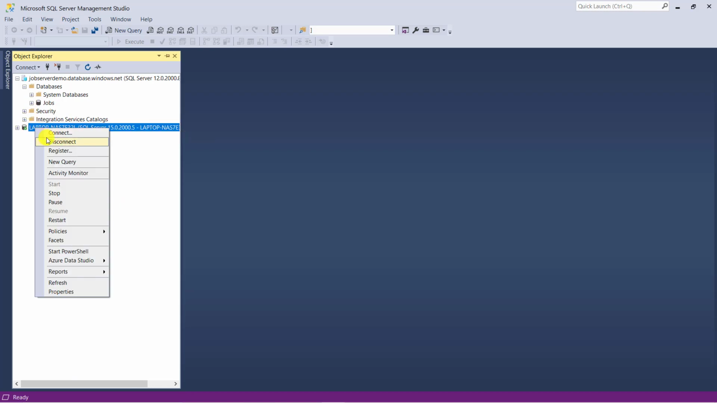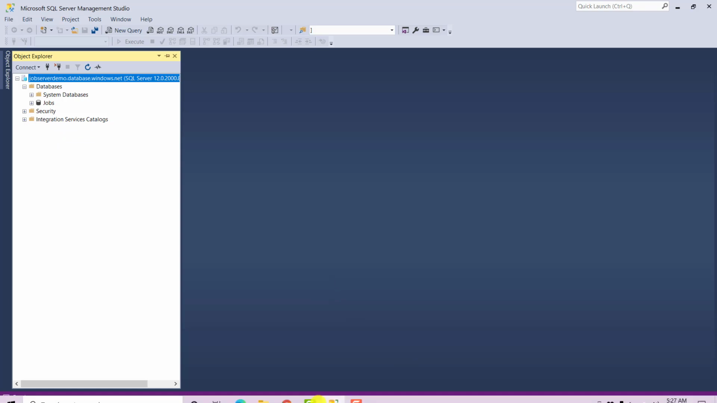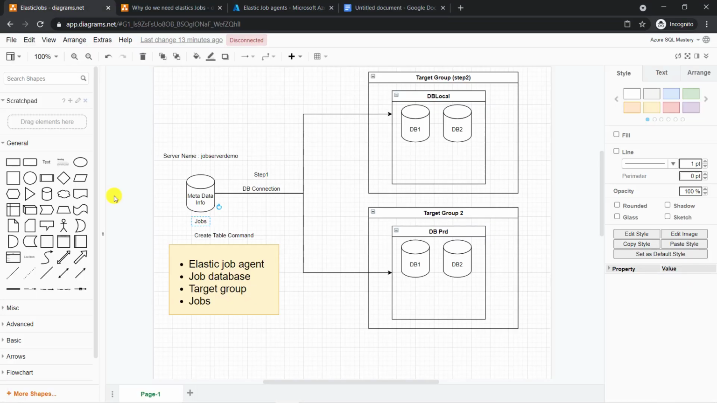Let's now check our status. So far we have created the server. Inside the server we have created the jobs database. Also we have configured the Elastic Job Agent to populate all the predefined stored procedures. Clear? Now